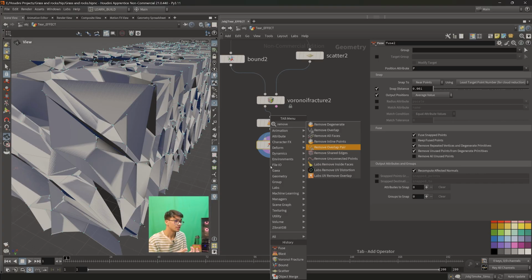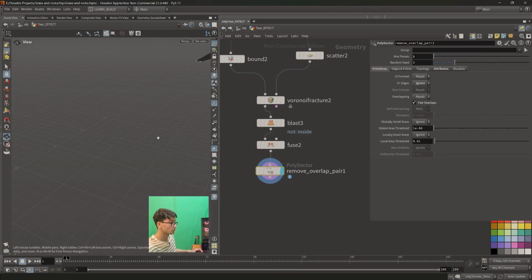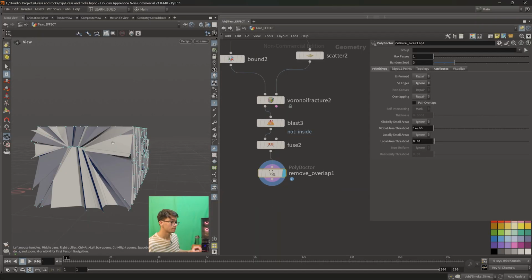It's really easy. You can just search on YouTube how to install Side Effects Labs, and there are plenty of videos you can use. And even if you are using Houdini Apprentice, you can use the Side Effects Labs like I'm doing. So just remove overlap pairs, and now we have, sorry,